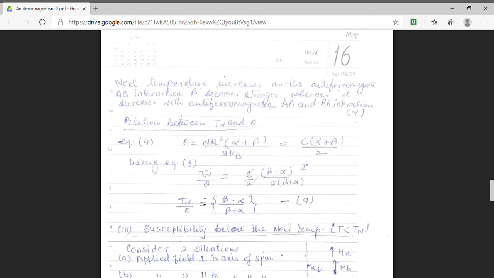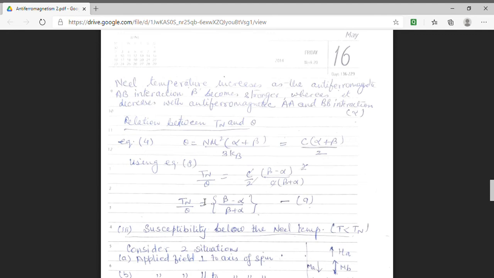So I have two temperature ranges. The first temperature was above the Néel temperature, and the second was at the Néel temperature. Now I am considering the third temperature range, which is below the Néel temperature. In this case, I am going to find the susceptibility, and I am taking two conditions. The two conditions are: